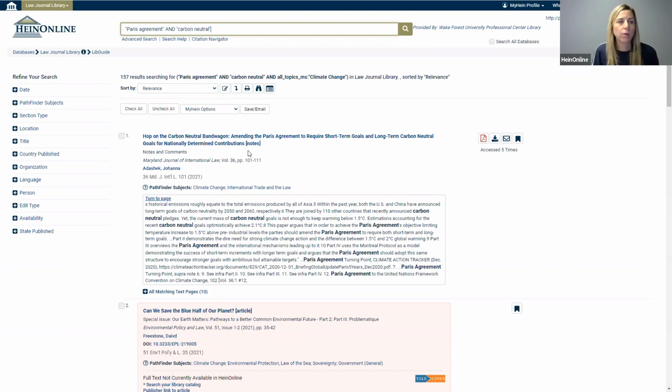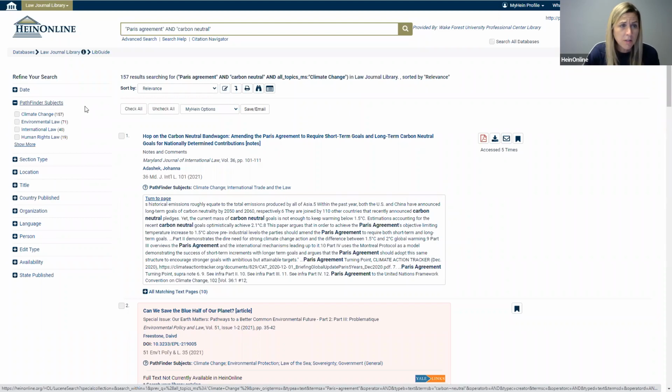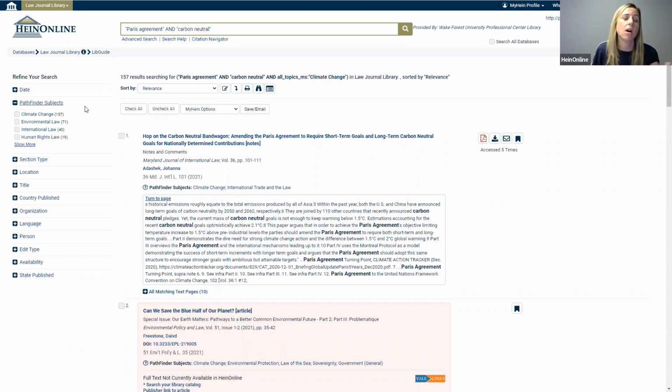So I want to quickly go through the search results page here. On the left-hand side, you're going to see your facets. Using the facets, you can further refine your search results. So you can refine by date, if there's a specific date range you want to look at, Pathfinder subjects. This is going to show you additional Pathfinder subjects that we've identified from these search results. So if you want to further narrow down using additional subjects, you can select here additional subjects from the Pathfinder